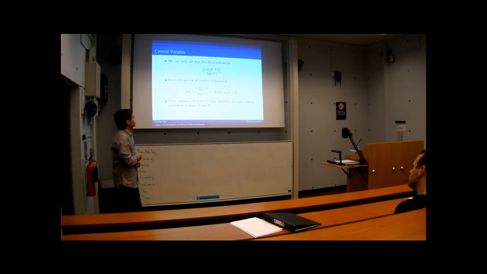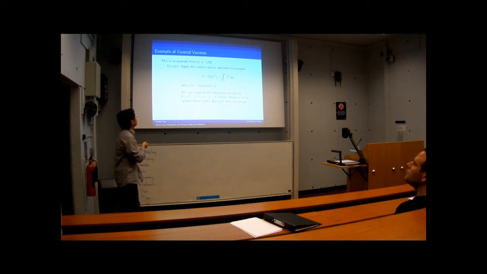And we can simplify this to the correlation of X, Y squared. So it shows that the variance will be reduced by a large amount if we have a strong correlation between X and Y. It means that if this term is higher, we get a strong reduction in variance. And this is an example.